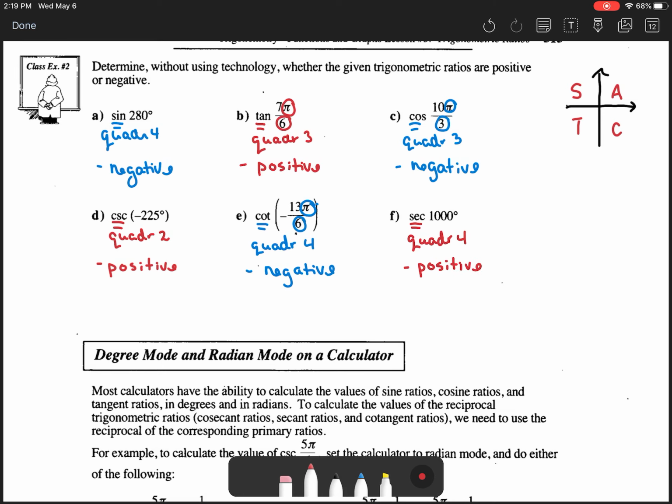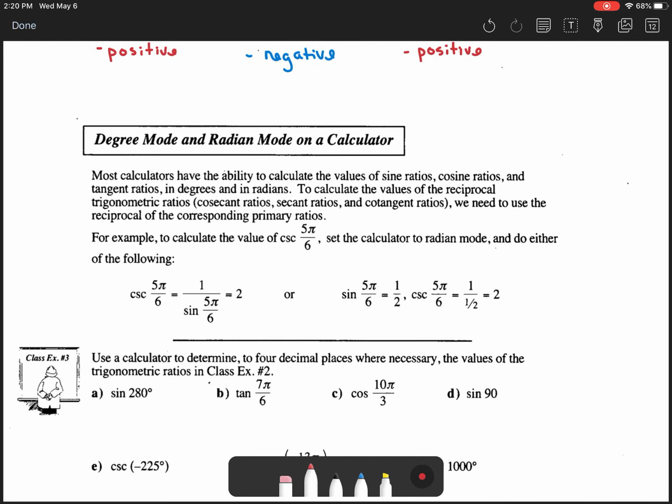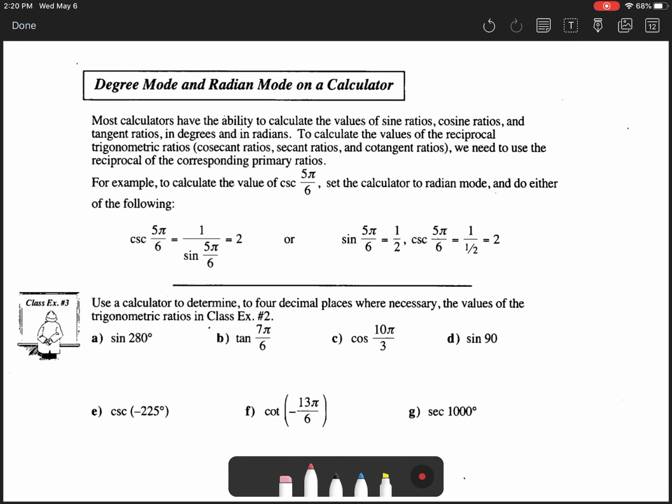So again, just trying to determine whether these values will be positive or negative, depending on the quadrant that their rotation angles end up in. All right, next,